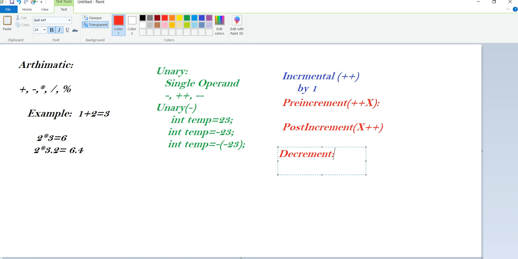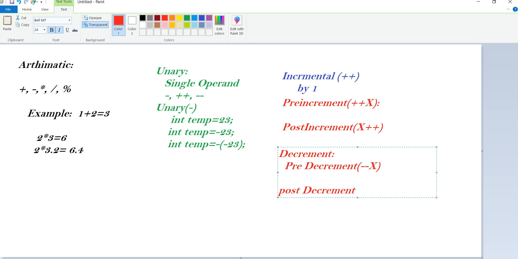This is also the same: pre-decrement is minus minus x, and x minus minus is post-decrement.